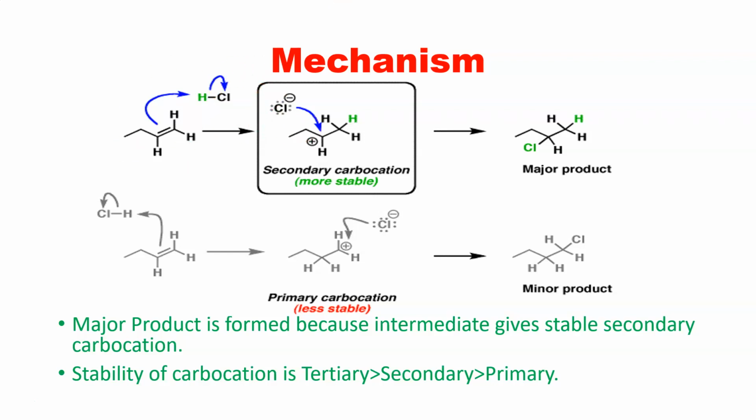As I told you, it is an electrophilic addition reaction. Why electrophilic? Because firstly the H plus ion, the electrophile, gets attached to a carbon and then the chlorine. That is why it is called an electrophilic addition reaction, because the electrophile is added first. And remember that tertiary carbocations are more stable than secondary and then primary. This is the order of stability of carbocations, so that is why we get the major product from the secondary carbocation.